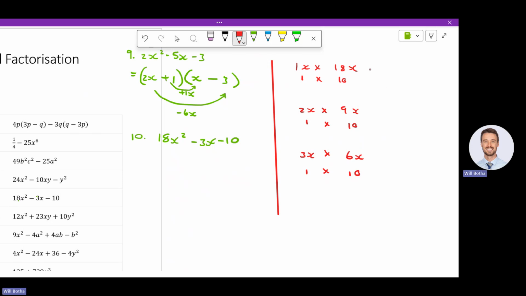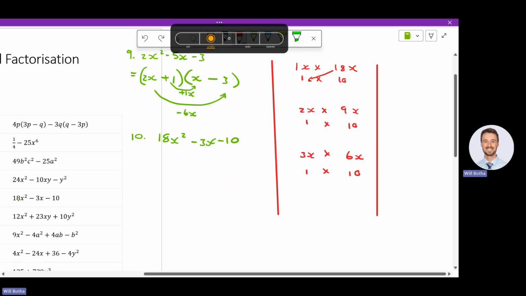No, no. If one of these options doesn't pan out, then I'll do 2 and 5 and try it. But first of all, let's just test this to see. Do one of these options maybe give me a 3? Let me try and cross multiply there. 18 times 1 would give 18x.